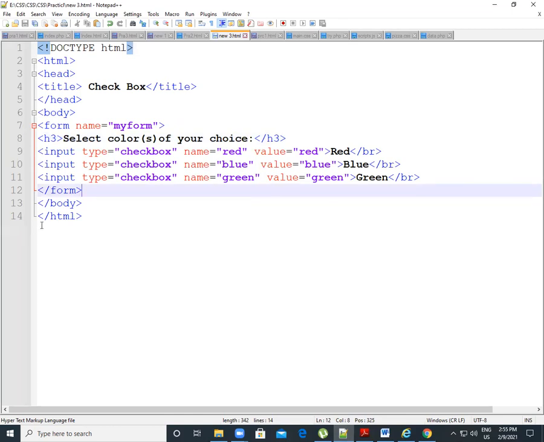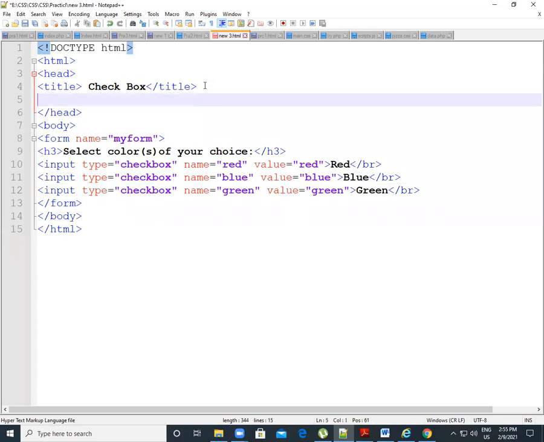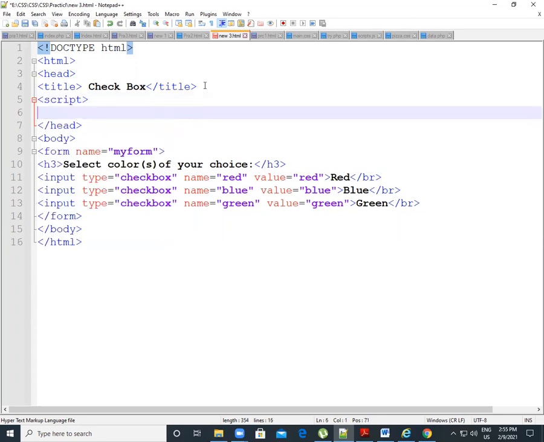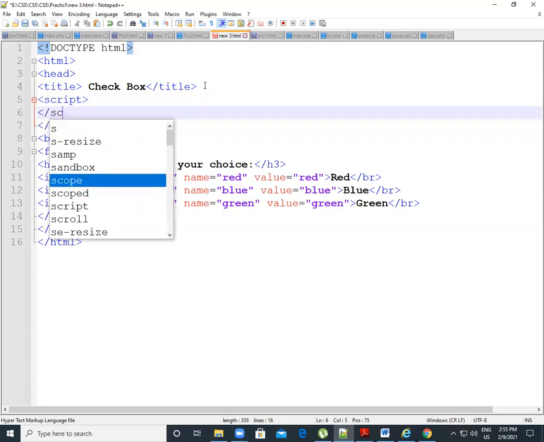So we will write some code and some conditions for that. If we put some conditions for the selected checkboxes, then that color will be displayed in your notification, correct. So for that, let's write a function here, and you know how we write our function. For that we use script, correct. So script is the JavaScript code using the script tag.